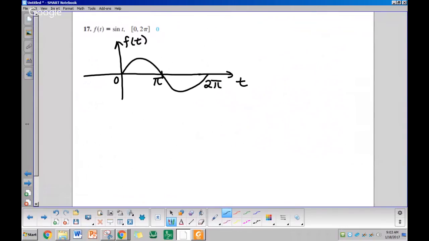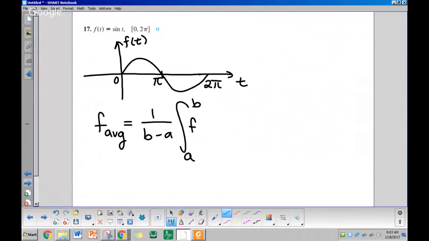So, average value of a function, let's do that. What's the formula? Remind ourselves, 1 over b minus a times the integral from a to b. I'm doing the generic function so that we can just plug in what we know, right? Now, looking at this, what do you suppose the average value is? 0. Right. Does it make sense to you that it would be 0? Yes. You have the same amount of y values above as you do below, and so that's going to average out to be 0. Well, let's see if the formula